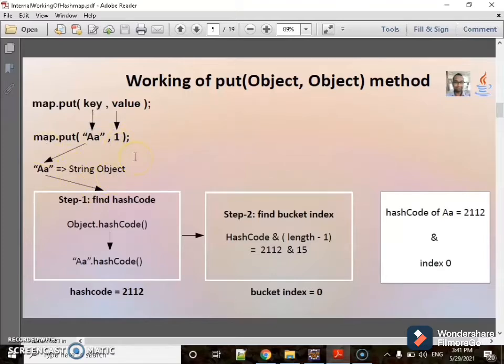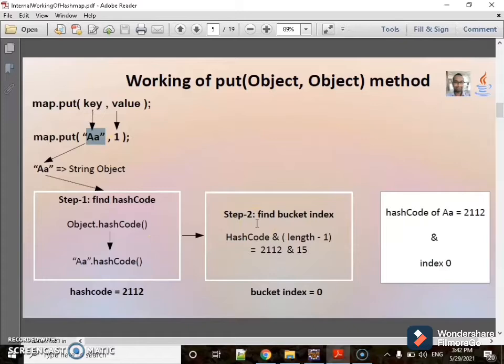What happens whenever I am putting this entry to the hash map? First, JVM tries to find the hash code of the string object. It goes to the Object class hashCode, and since the String class has overridden the hashCode method, it goes to the String class hashCode method and calculates the hash code of AA.